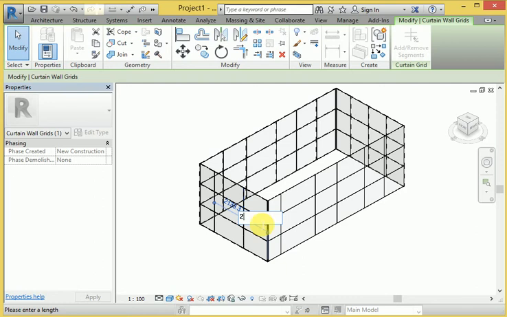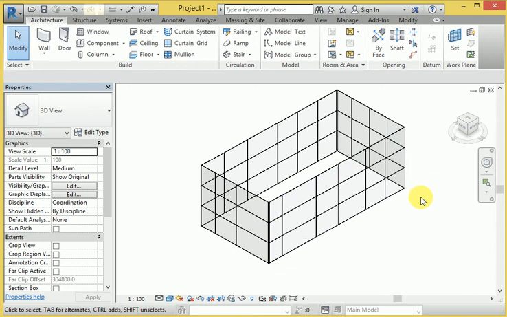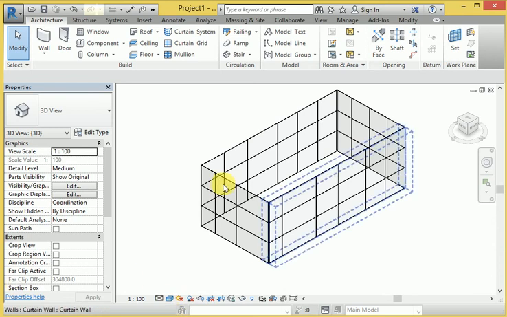Same thing, I adjust here 2000, and same thing also adjustment in 1500. So it's easily editable and looks like the glass frame in any house. So this is basically the glass wall, and the curtain grid is used in a particular wall here.